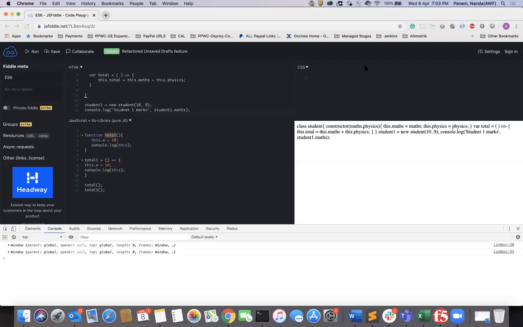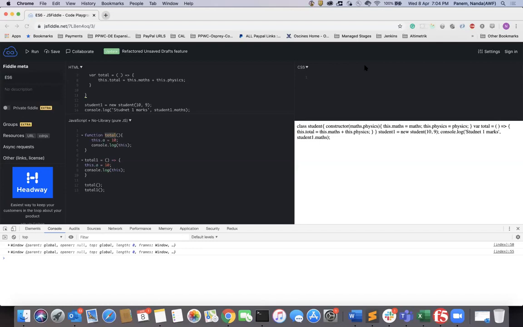You are downloading the JavaScript code and executing it, so you are exposing your JavaScript code to everyone. Whatever JavaScript, HTML, and CSS you write can be seen by anyone if they open the website. This is because it is a client-side programming language; that is the default behavior of JavaScript.